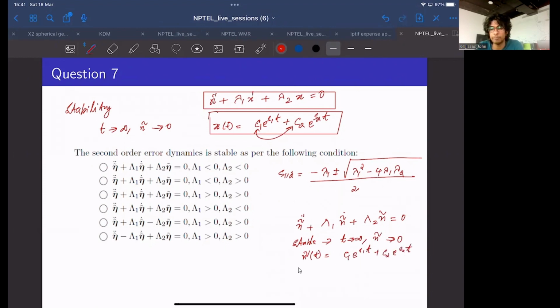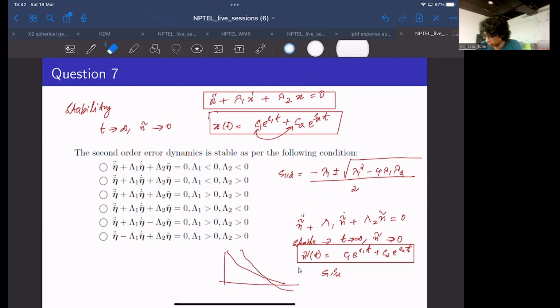And the possible way of making this solution converge to 0 as time tends to infinity is to make S1 and S2 negative. The roots have to be negative. Then only as time tends to infinity, it will be like C1 e raised to minus S1t and C2 e raised to minus S2t, something like e raised to minus infinity. So both of these terms would basically converge to 0. Depending on which one is larger, whether it is S1 or S2,